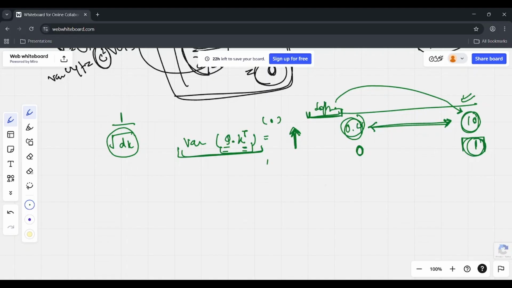And if it's close to 1, then our gradient will be close to 0. And ultimately, since our gradients are close to 0, the vanishing gradient problem will happen. Our weights will stop learning, our weights will stop updating, and ultimately the training process will stop. So that is why high variance is a problem, and that is why, in order to balance out the variance so that it's always close to 1, we divide by the square root of the dimensionality of vector k. I hope everything is clear.